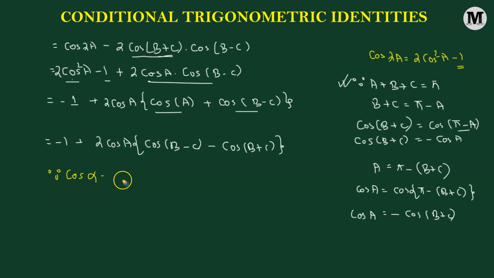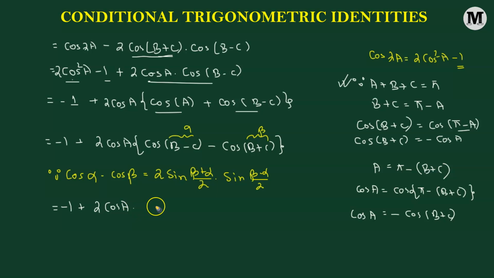So we have cosine of alpha minus cosine of beta. This is going to be equal to 2 times sine of the angle beta plus alpha over 2 multiplied to sine of the angle beta minus alpha over 2. So here we will suppose that B minus C corresponds to alpha, and B plus C corresponds to beta. Okay, so now we have negative 1 added to 2 times cosine of the angle A multiplied to, so cosine of B minus C minus cosine of B plus C, that's going to give us 2 times